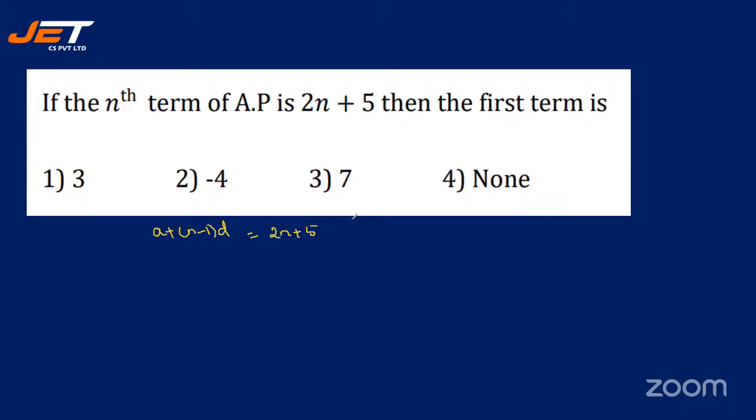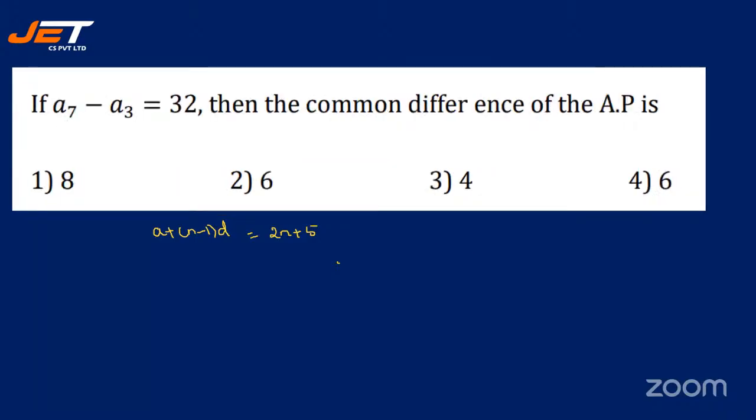Yes. Quickly find out and then give me the answers. What is the nth term? The nth term is 2n plus 5. What is the first term? Okay, let's see. It is 7. Okay, right. Next,